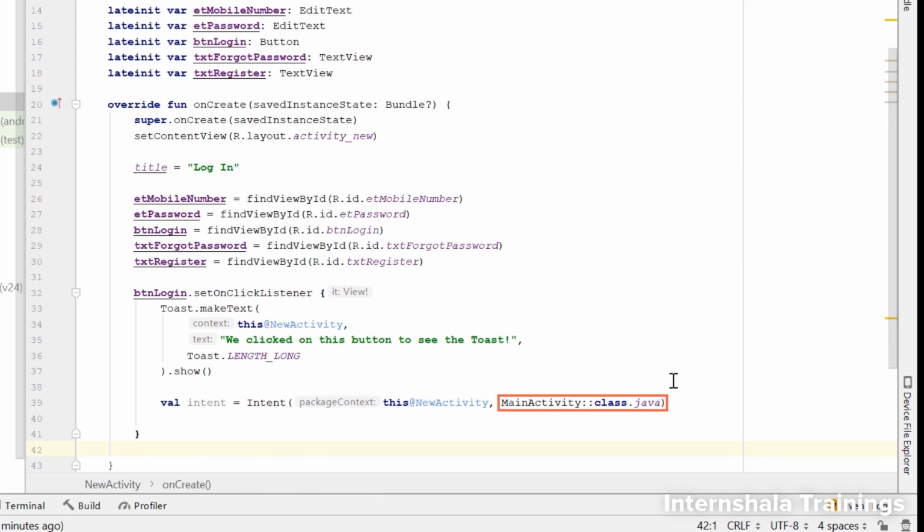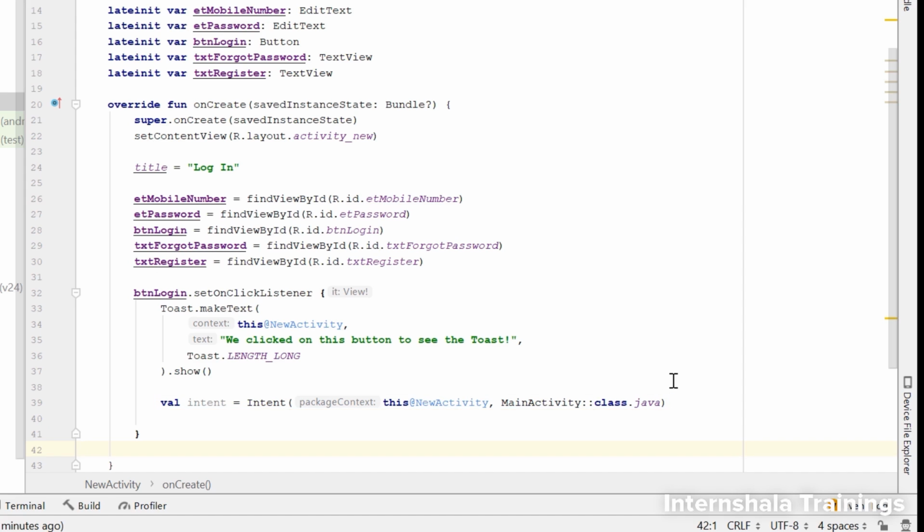This statement here is used to refer to the Java version of this main activity class. Well, why are we referring to the Java version? Because, if you remember, when we started with Kotlin in Module 2, we said that Kotlin for Android has been developed over Java, and hence there are still some dependencies that Kotlin has on Java. Try to remember this syntax.